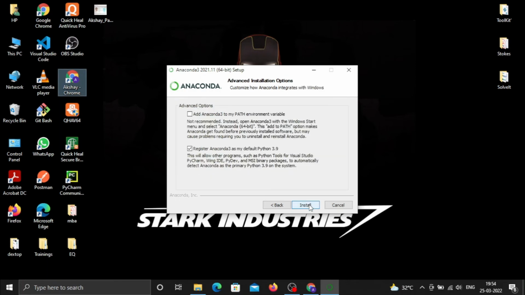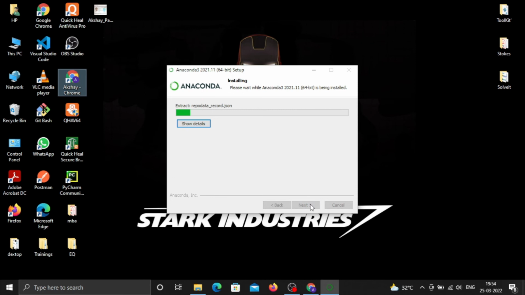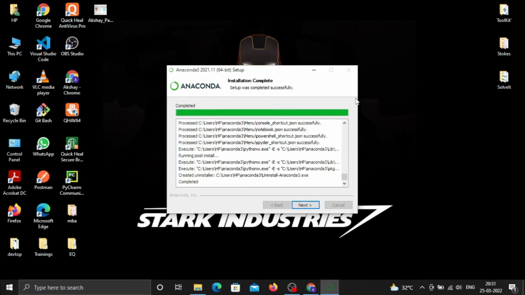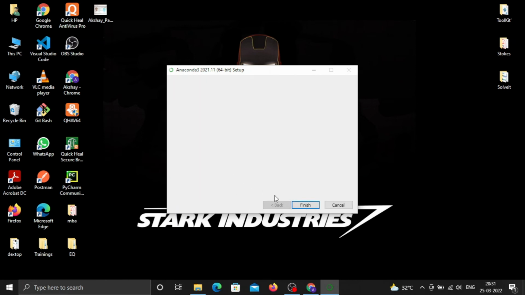So click on next, and here it will ask to add Anaconda to the PATH environment variable. I would prefer it most of the time, but this time I am not going to do that. So click on install, and it will start installing Anaconda Navigator. It will take some time. Next, we just need to click on the next button, click on next,